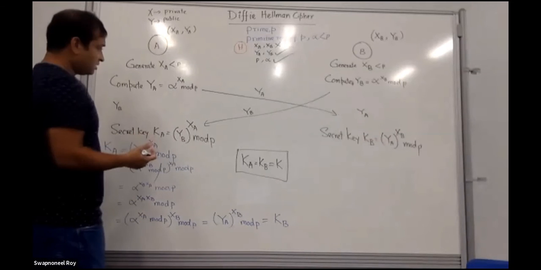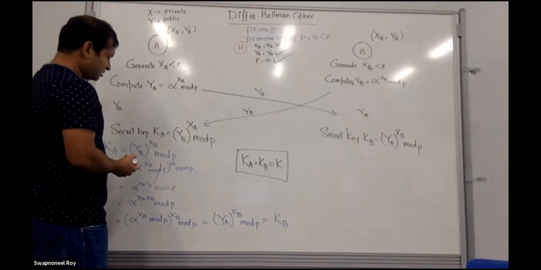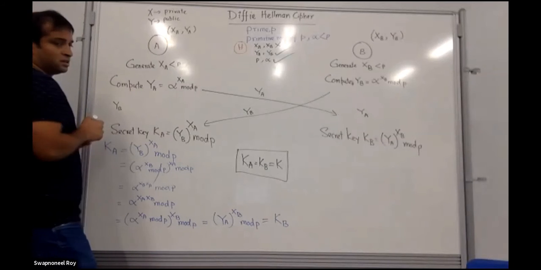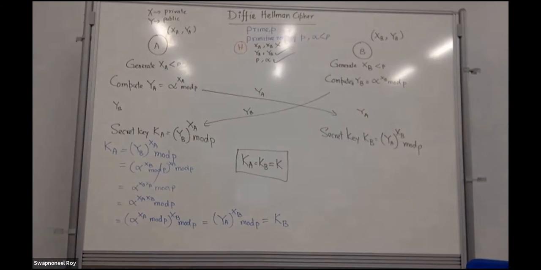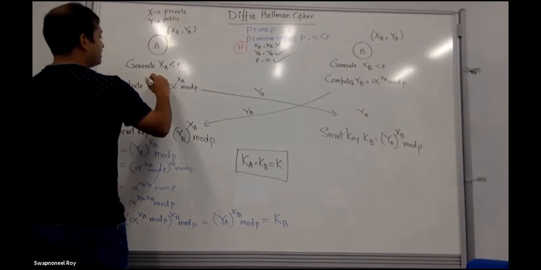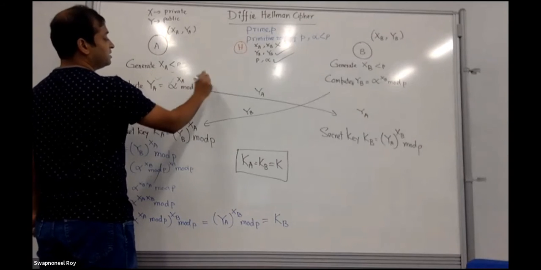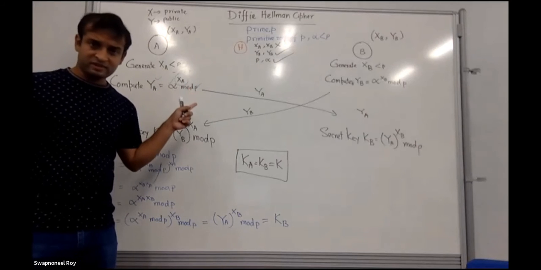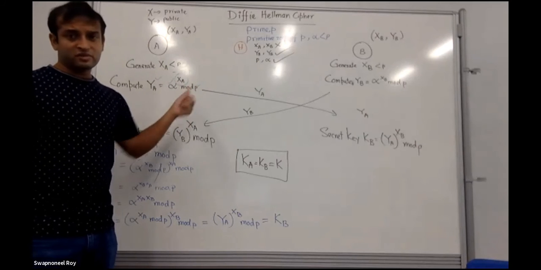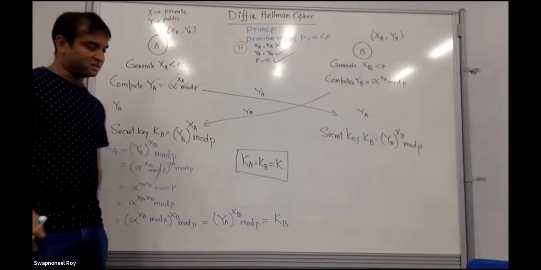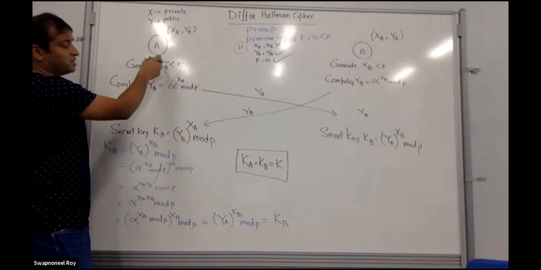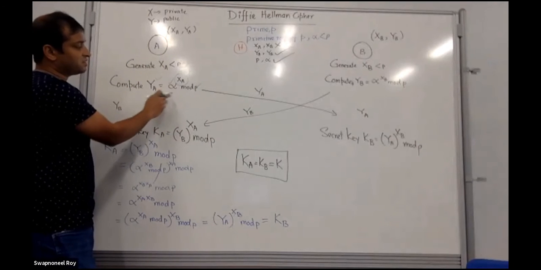And now see the security over here. For the fast modular exponentiation, you see YA is known to the hacker, alpha is known to the hacker, P is known to the hacker, XA is not. So finding out XA will be a discrete logarithm problem, which will be hard, which is why there is one level of secrecy, that is the private key. That is how secure the private key is, because solving for it is a discrete logarithm problem.